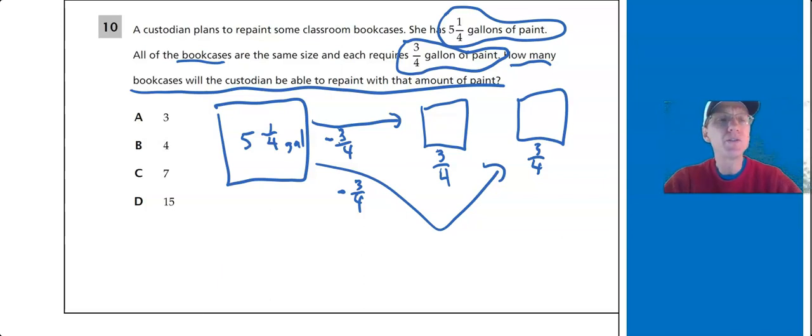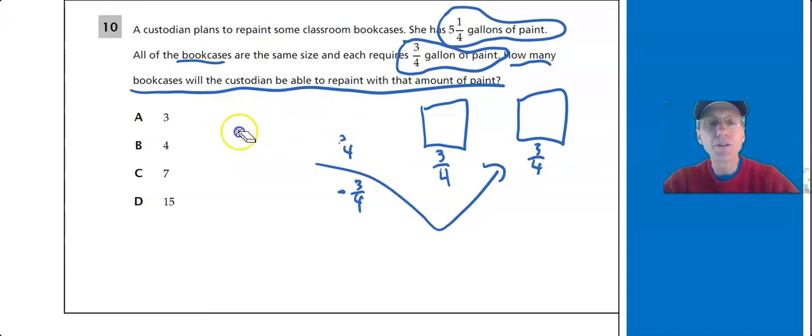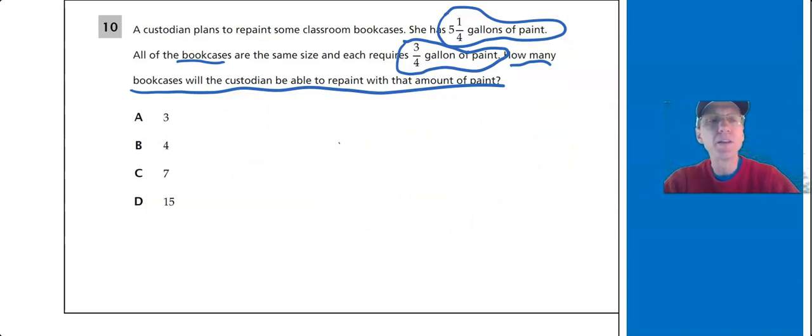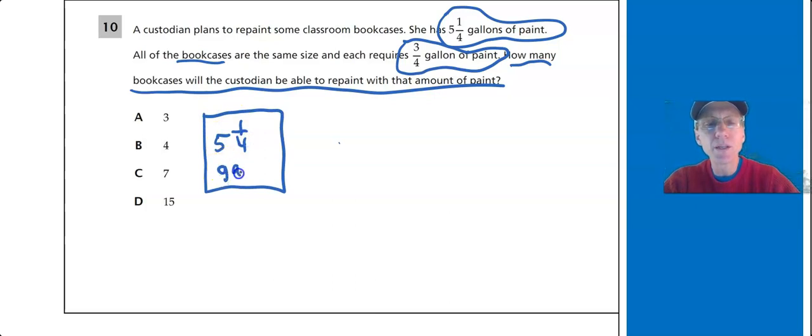So let's just draw a picture. Let's solve this with a picture first. We know it's division. Okay, so I'm going to redraw some of these here. Clear some space out. They don't give you a whole lot of space here. So here's what we have. I'm going to redraw my main bucket. I've got 5 1/4 gallons. Okay, 5 1/4 gallons. So let's just imagine, each time we're taking out 3/4 of a gallon, and then we're going to paint a bookcase.